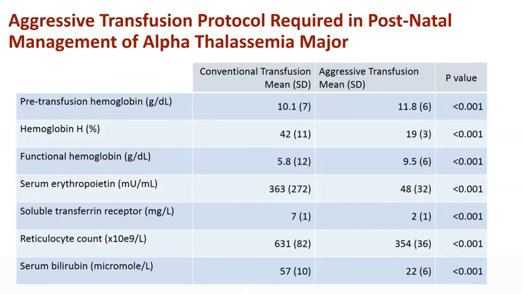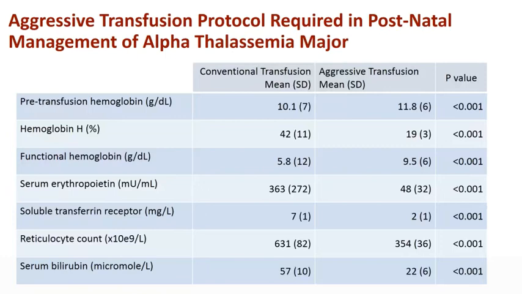Now, we have been doing that, and these babies appear, with serial transfusions, to survive and have a relatively normal neonatal period. So then they move into the problem of post-transfusion. And increasing evidence suggests their transfusion regimen needs to be somewhat different than beta thal major. In recent studies by Amid and others in a Toronto group, as well as our own, you have to transfuse them to a higher pre-transfusion level.